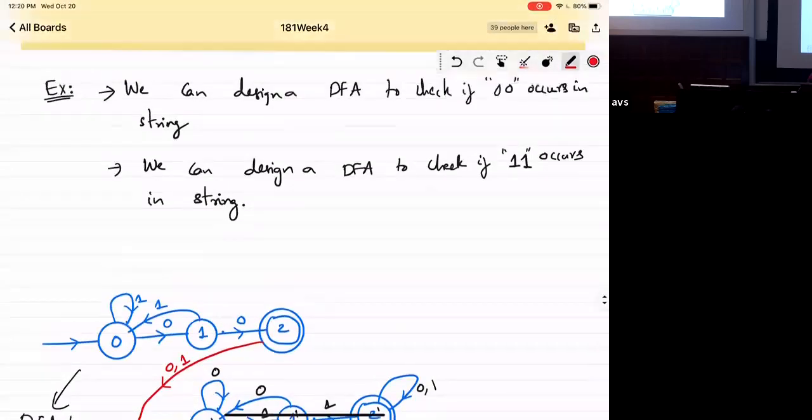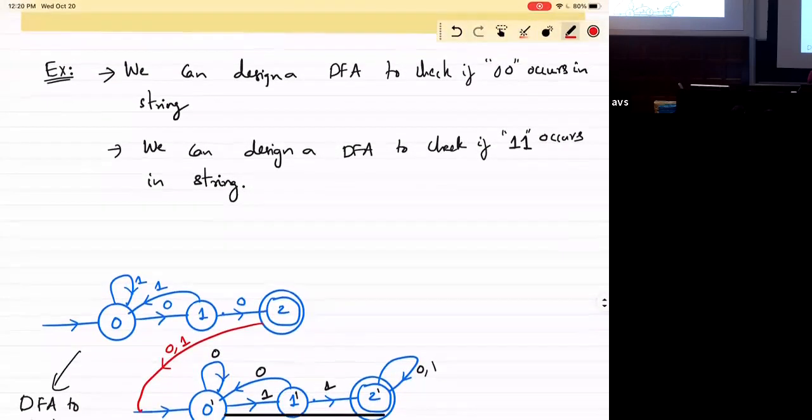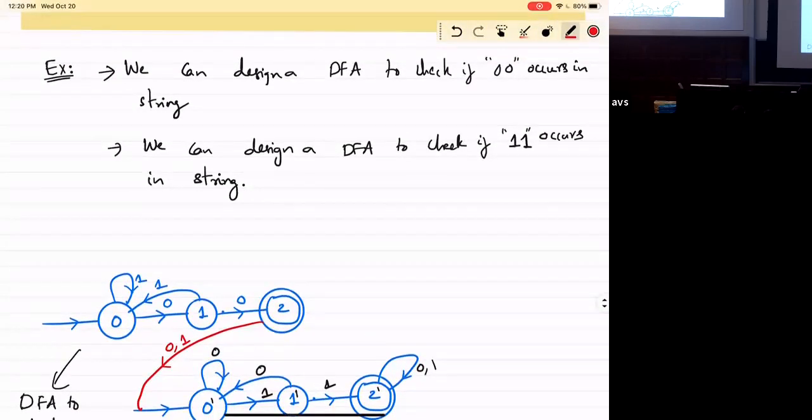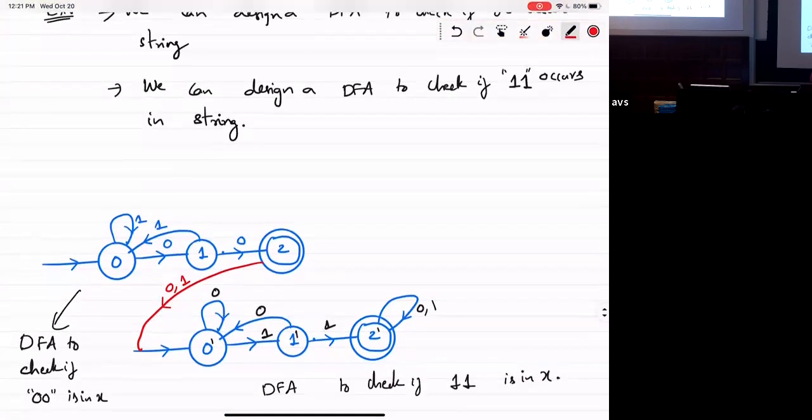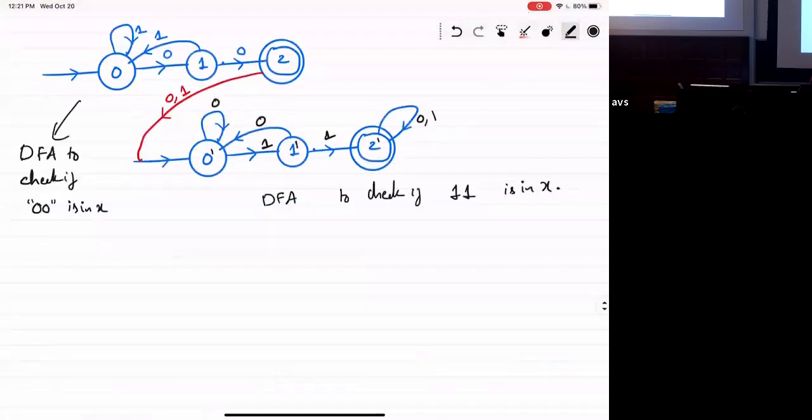Okay, the question was, can I design an automaton which checks for occurrence of 0, 0 followed by an occurrence of 1, 1? Okay, so you said, okay, you check for 0, 0 and then you check for 1, 1. Right? So this is great. So that works in this specific example where somehow I'm looking for a pattern occurring first and then followed by another pattern. All right? But what if I change it a little bit and say, you know, maybe